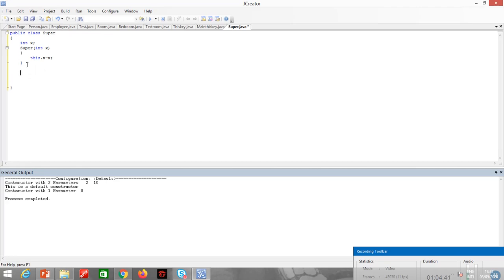I have a method called public void display. Here I just print with system.out.println, and I write "variable of superclass" plus x.